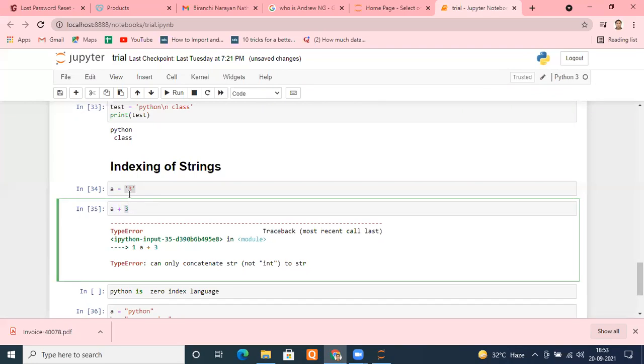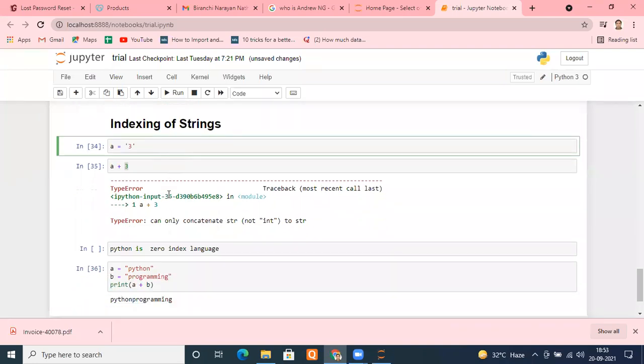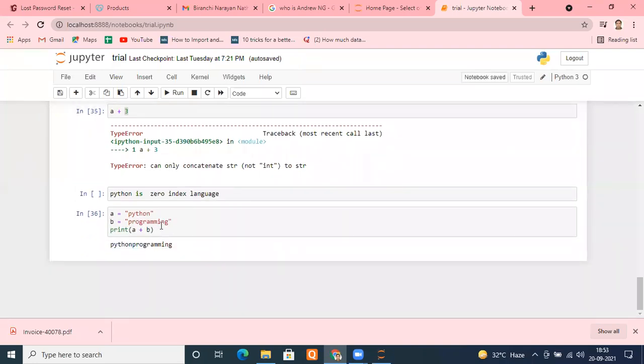So even if the numeric digits are there, and you put quotes there, then it will become a string. Is it okay? Remember that thing. Don't assume that it is an integer. Once the quotes are there, it will become a string. It will lose its numeric weightage. Is it fine? So a string doesn't always mean we can have only alphabets. Any character it can have. Numeric, alphanumeric, anything. It's up to you.